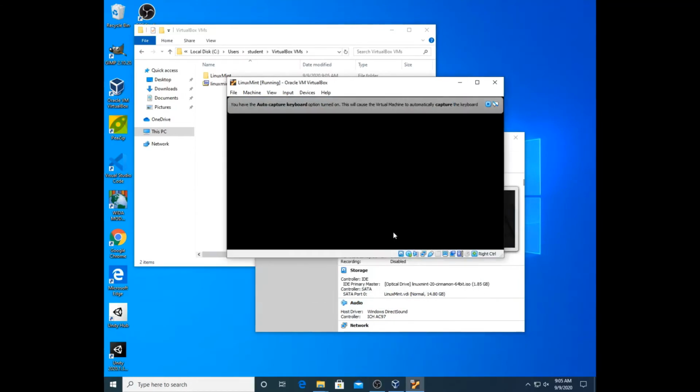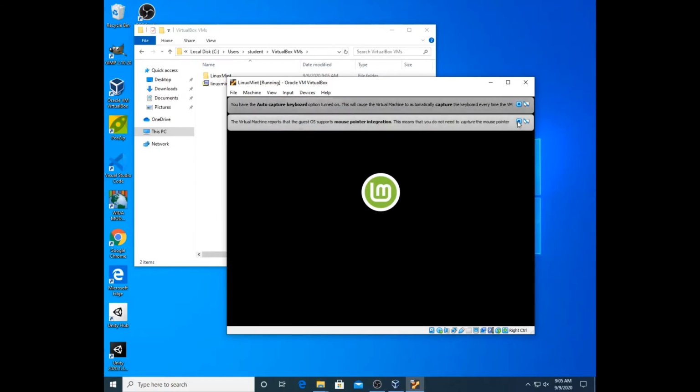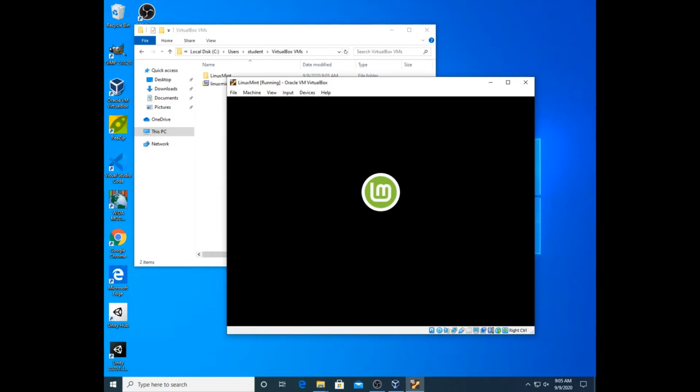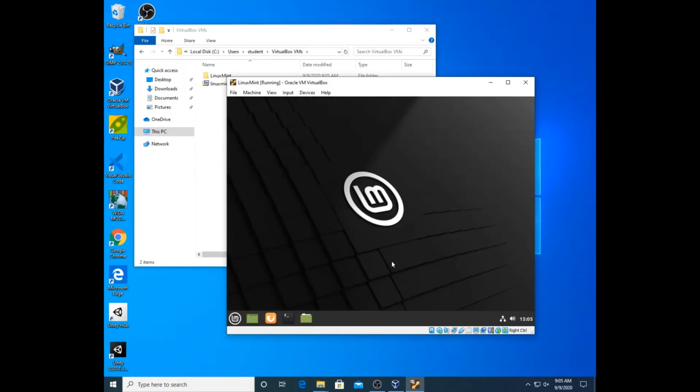So we're going to hit enter to start Linux Mint. Wait for it to boot up here. Linux Mint's a nice introduction to using Linux. We're using Linux because it's easier to install some code things and use the terminal in this Linux virtual machine than it is on Windows, especially here at school. But the things we do in class can all be done on Windows or Mac, so don't worry too much